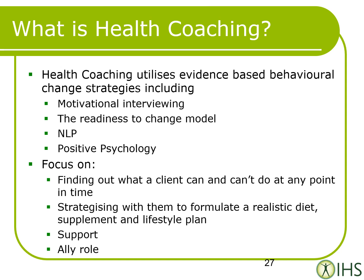NLP, or neuro linguistic programming, which again we run as a separate module in the college, and positive psychology, looking at Seligman's work in the field of psychology and how he moved the whole field of psychology into a more positive approach to it. And this focuses on finding out what a client can and can't do at any point in time, strategizing with them to formulate a realistic diet, supplement, and lifestyle plan, being a supportive role and an